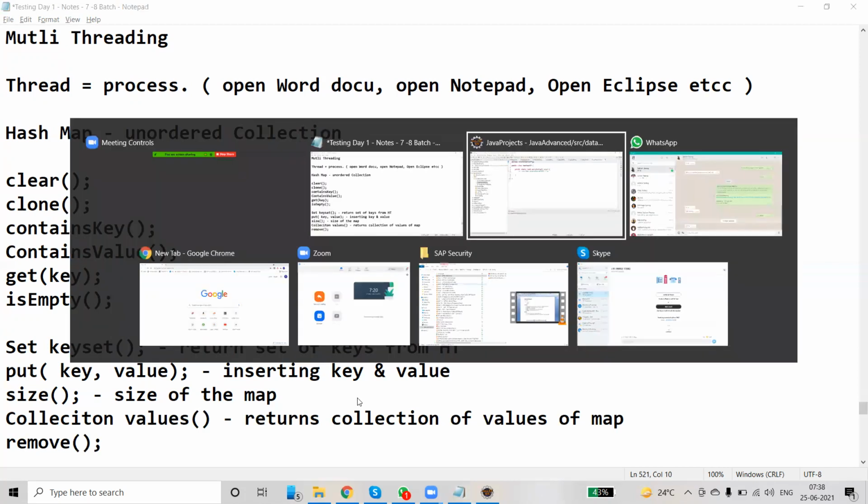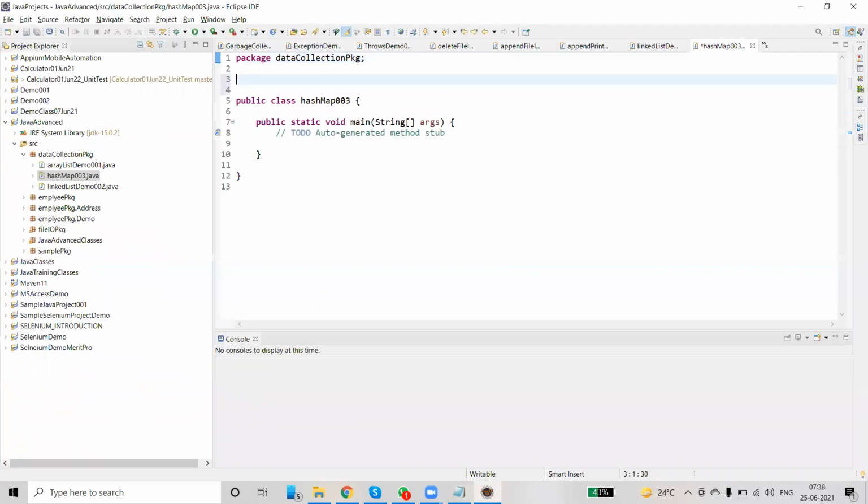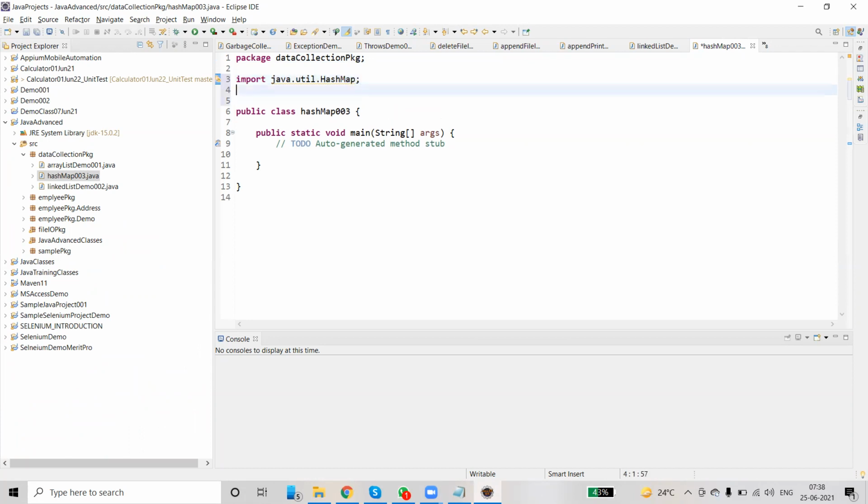I'm just going to create a very simple script. We need to import certain packages. Import java.util.HashMap. Import java.util.Map. Map is an interface, I told you already.